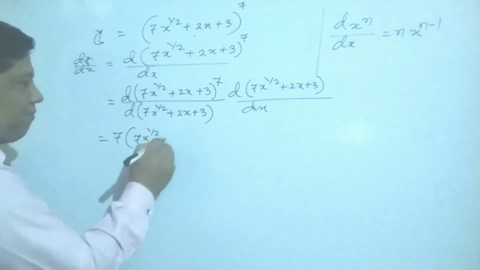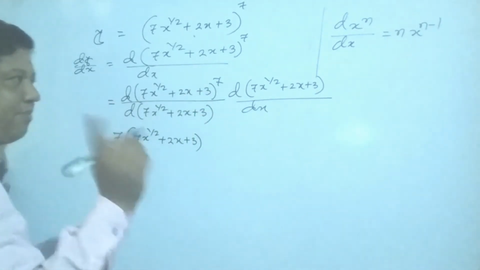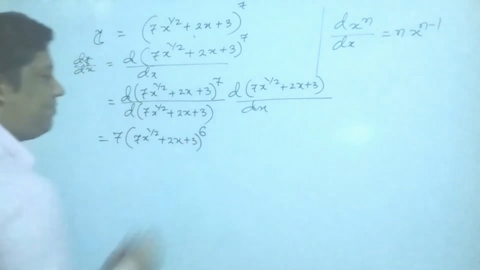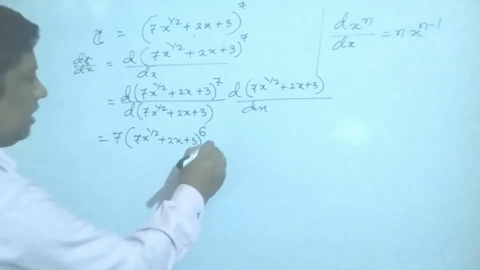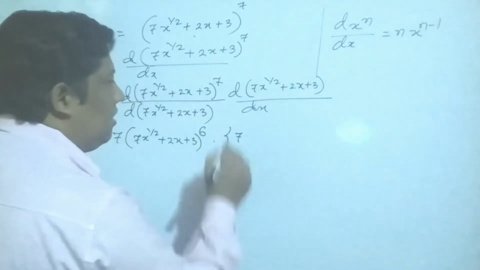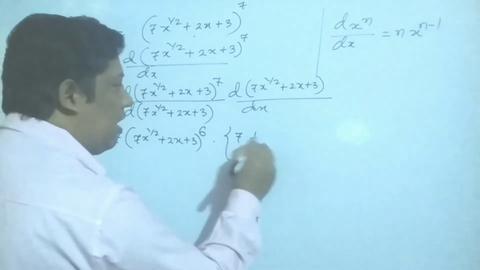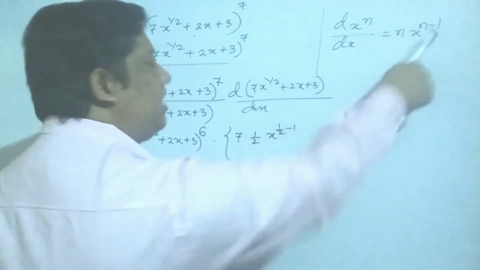Then I get 7x to the power half plus 2x plus 3. You can also apply the power operations: just subtract 1, then you get 6. Subtract 1, then you get 6. C1 minus c2, you apply these operations like this. Then I get b minus a, c minus a, x to the power half, and the remaining portions equal to this. You have to write as it is.